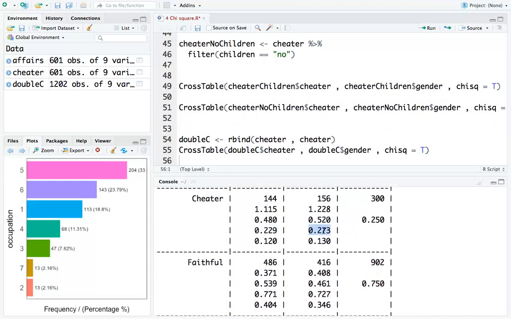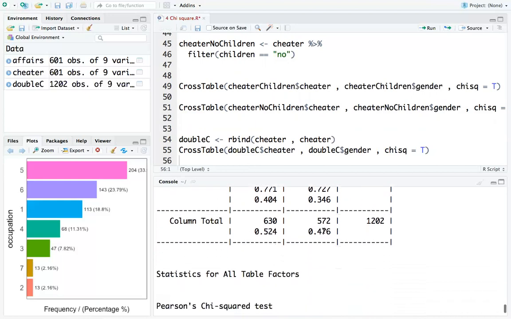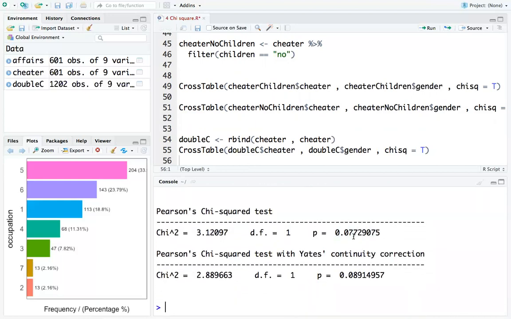It's the same data multiplied times 2. The proportions aren't going to change, okay? Yet my p-value went to 0.07. So that means that